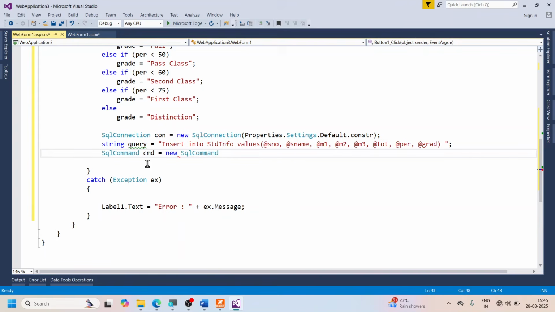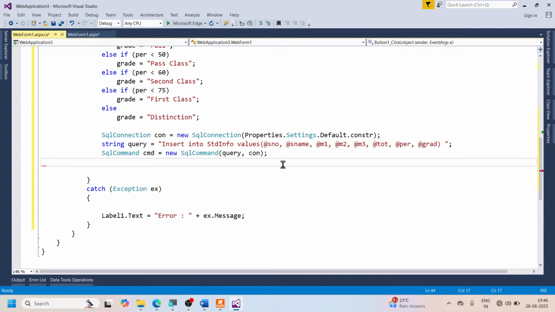command. Okay, if you open the parenthesis, there are four overloads. I will go with this third overload. The third overload says that you need the text, that is, the query, and you need the connection. First you have to put the query, next you have to put the connection. So first the string, next the SQL connection. You notice the thing there. So the first one is the query, the second one is the connection. So done. You have done the connect. You have started the